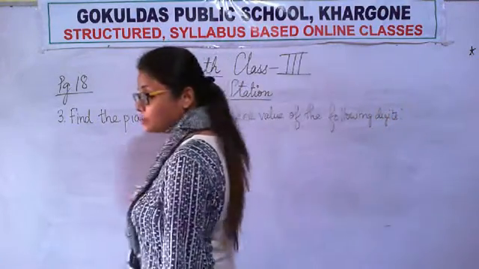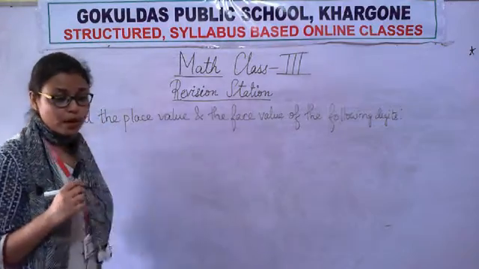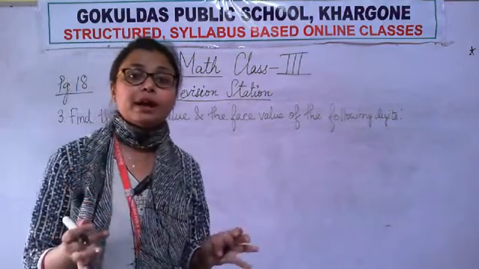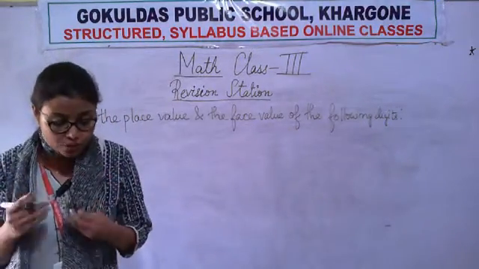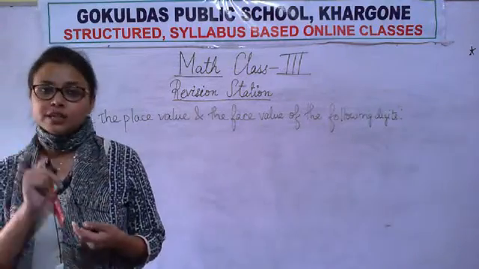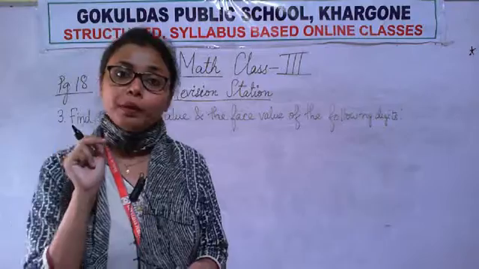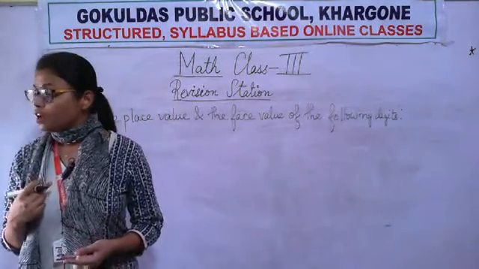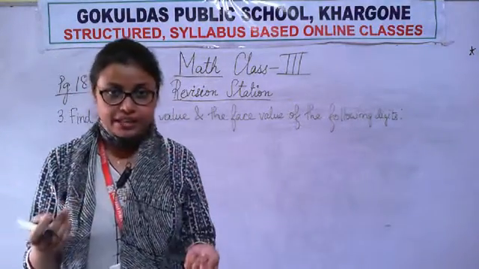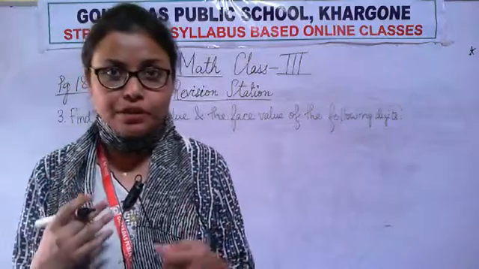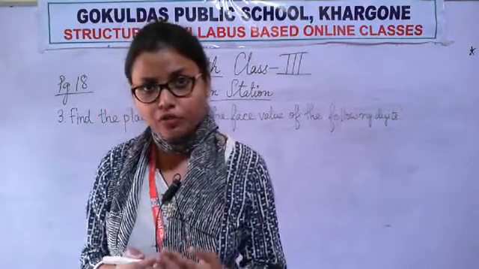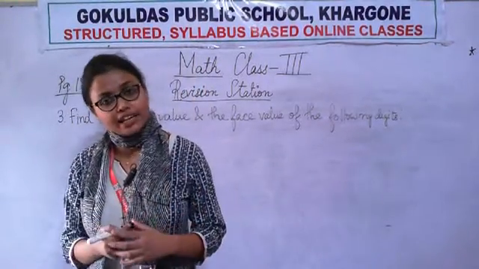I told you what is place value and what is face value. Place value is where the number is sitting. Where you sit, that is your place value. आप कौन से bench में बैठते हो, कौन से number वाले bench में बैठते हो, that is your place value. And what is face value? Face value is the number itself. आप खुद अब mirror के सामने जाओगे. If you go in front of the mirror, you will see your own face. So that is your face value.